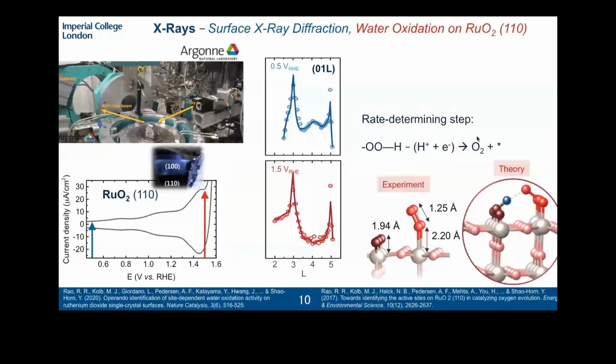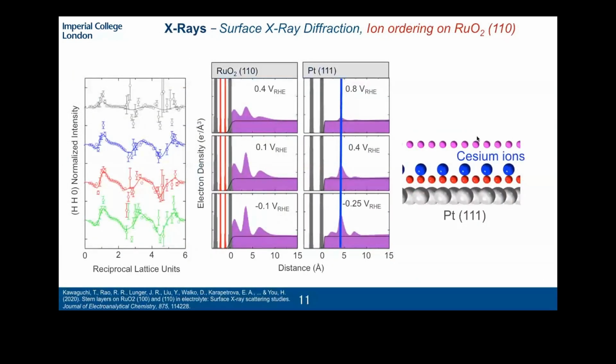So here we were basically looking at how different surface adsorbates can change as a function of potential. But what you can also look at is how different ions might order at the interface. So for example, here, if you were to look at either ruthenium dioxide or platinum, but now probe much more